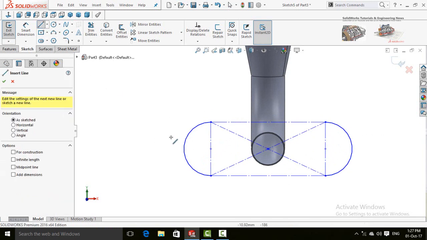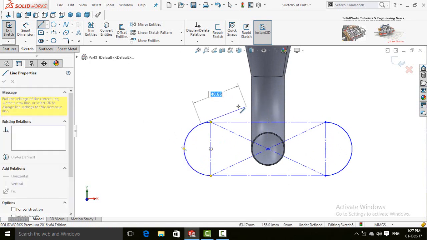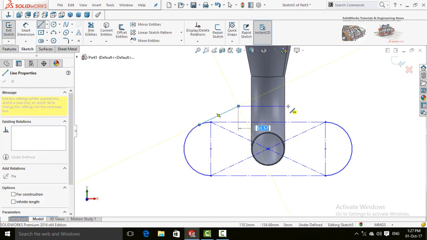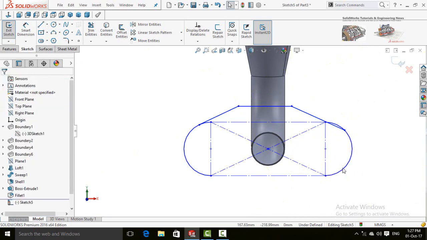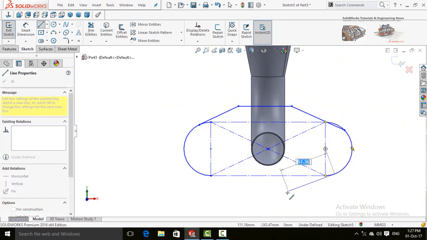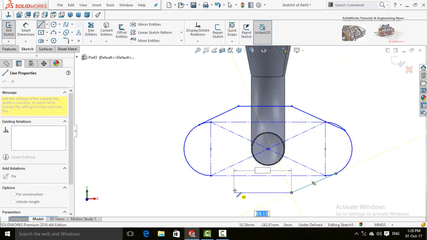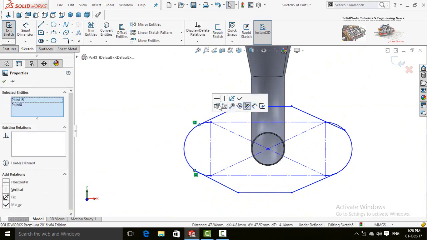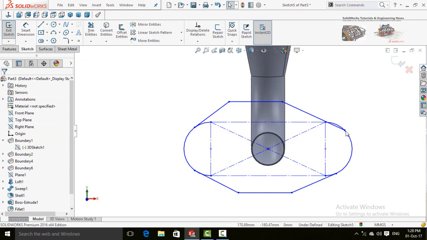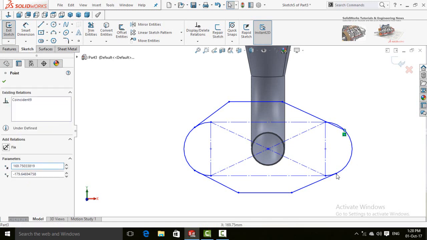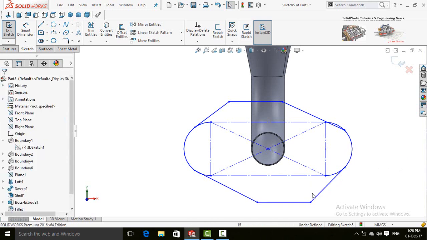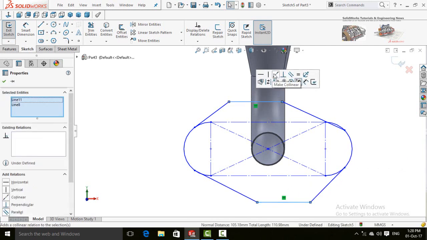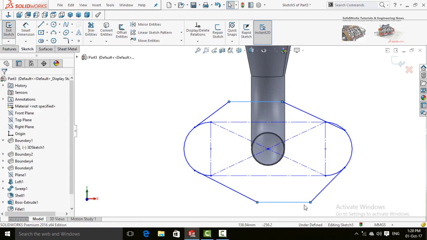Now draw a line. Like this, again line. Select both of these lines points and make them vertical. Also make these points vertical. Select these two lines and make them equal.